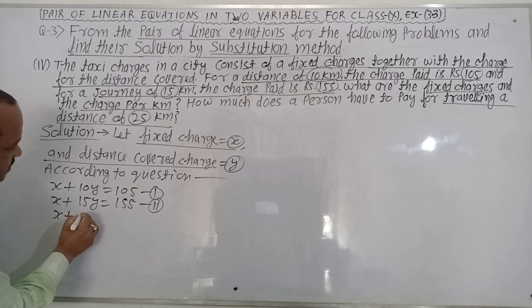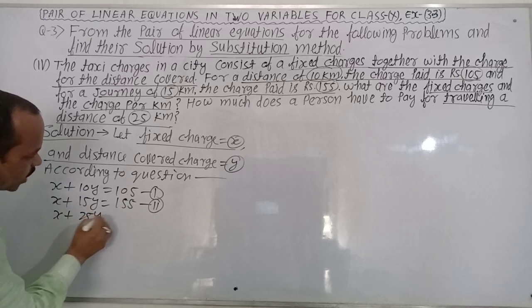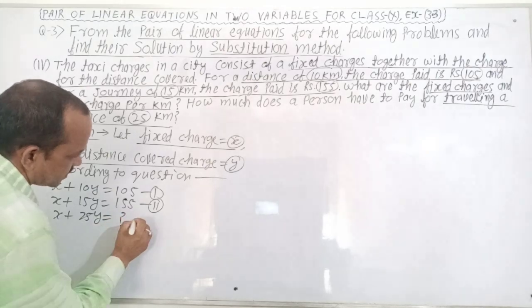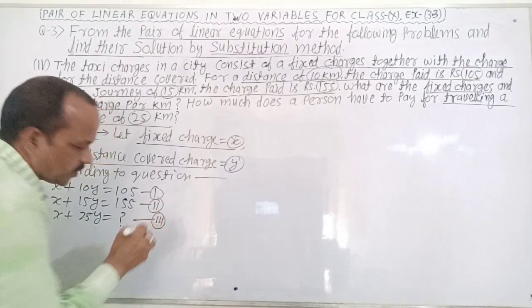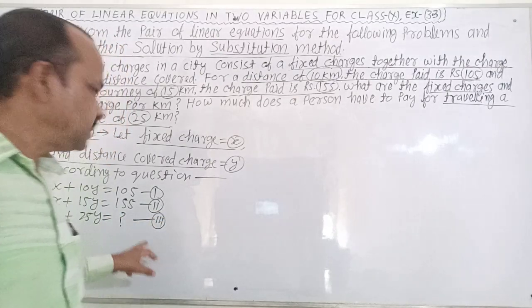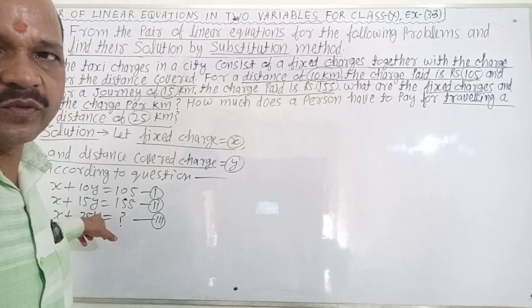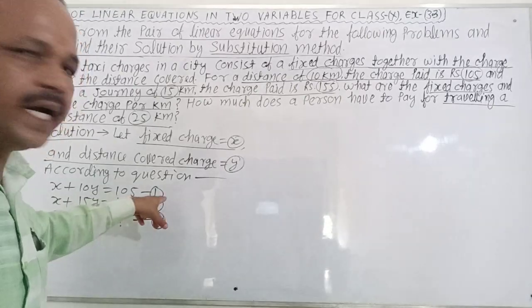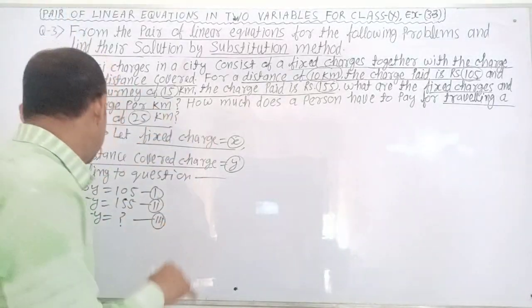x plus 25y equal to question marks. It is equation third. Clear? No confusion about it? Very good. According to equation first and equation second,